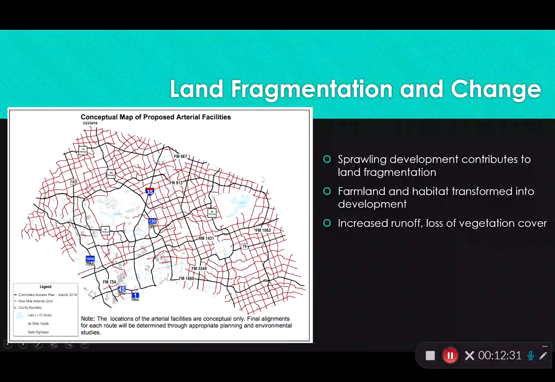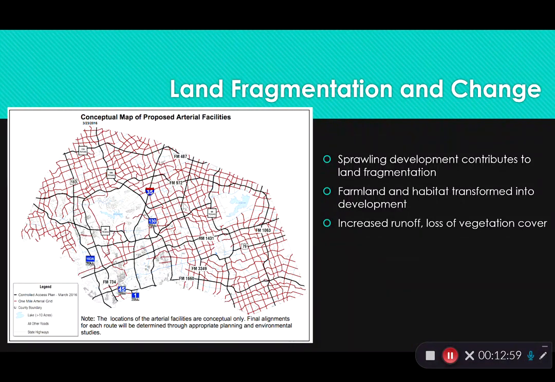So this map here is kind of insane if you actually think about it. This is Williamson County, Texas. It's the county just north of Austin and Travis County. And basically what they've done with their proposed transportation system is smack a giant grid of arterial roads over an entire county. So we've talked about, or maybe I didn't talk about it in this class, but a grid network